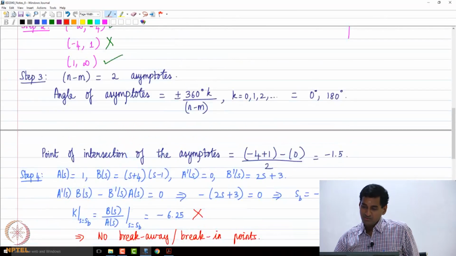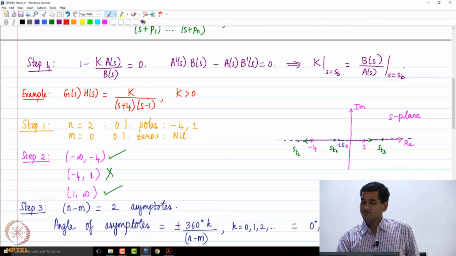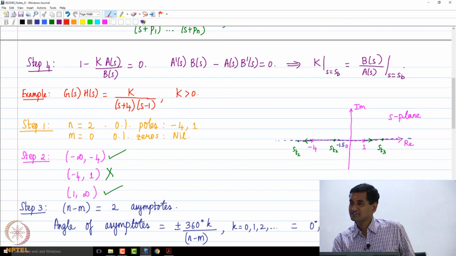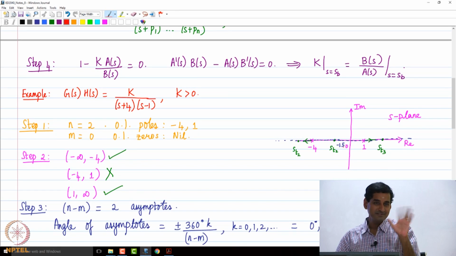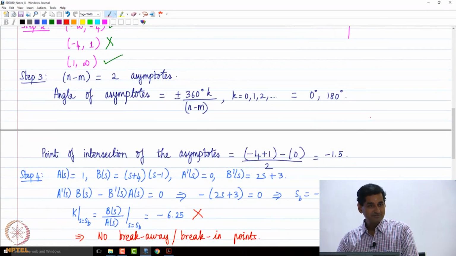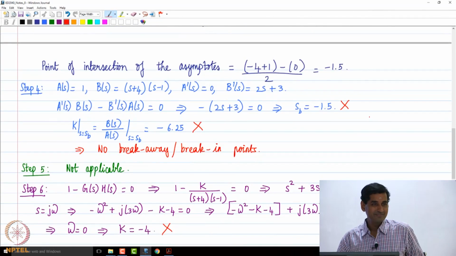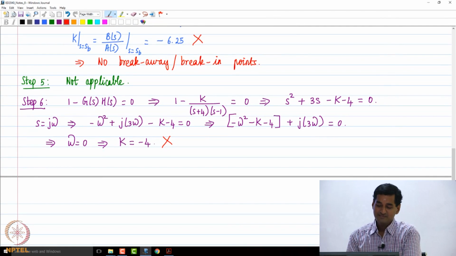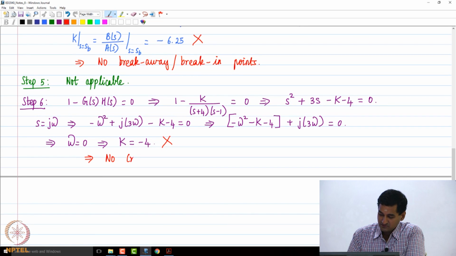Step 2 only tells me that the root locus will not cross over at the origin, but I can always have a crossover at some other point on the imaginary axis, can I not? In this example, it so turns out that there are no other points like that, but it is always better to do these steps methodically. So this means that no crossover